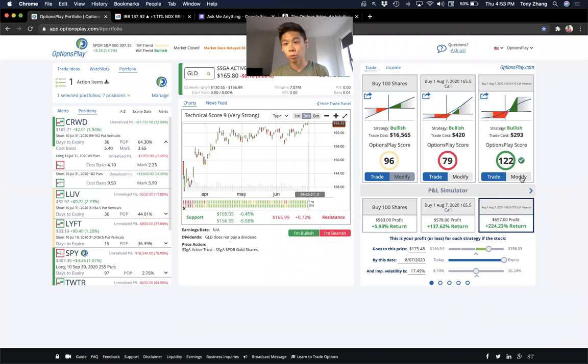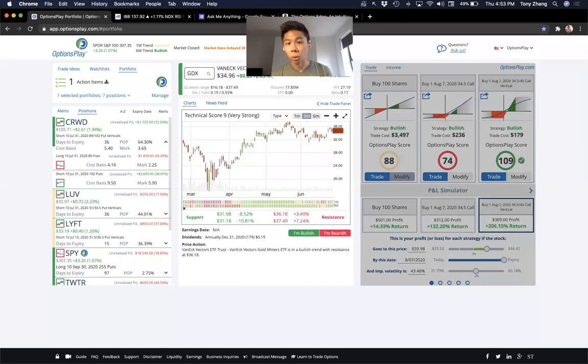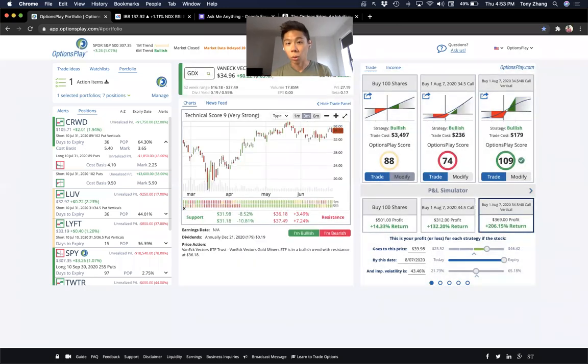So I like some of the mining stocks, but I don't like trading the individual mining stocks because they're almost all small cap. I like trading GDX, the ETF, which is much more liquid as far as a name. So if you want to play the gold miners, I prefer using GDX rather than playing the individual names.